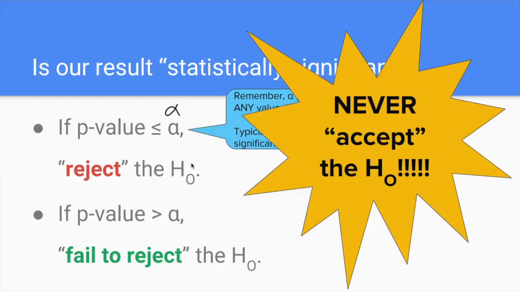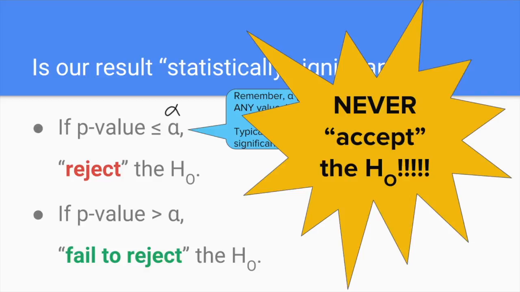This is because we are not actually doing a hypothesis test to prove whether the null hypothesis is true or not. That's not our goal. Our goal is to decide if there's evidence of an alternate hypothesis. So if we have a really high p-value, what that means is we don't have evidence that the null hypothesis isn't true, but we're never going to say that we accept the null hypothesis